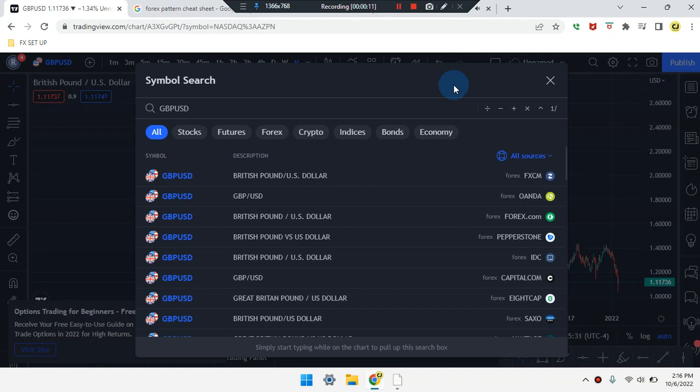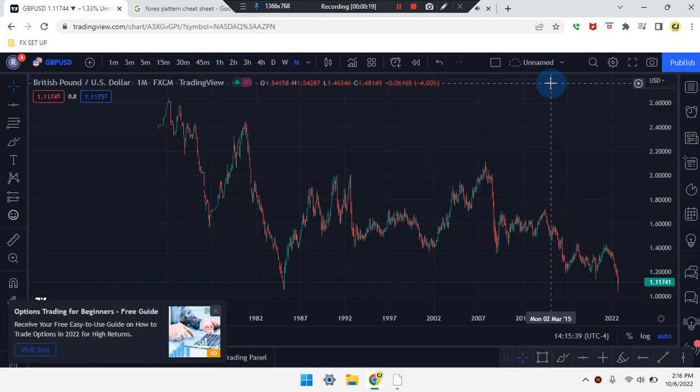Okay, everyone, this is Cam Jones, FX Daily Analysis, and we are marking up GBP USD. We are on the monthly time frame. Price action on the monthly time frame